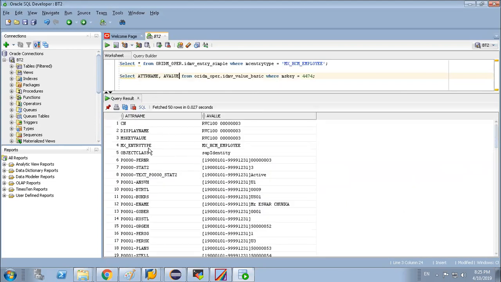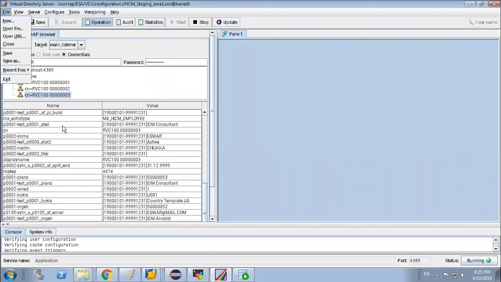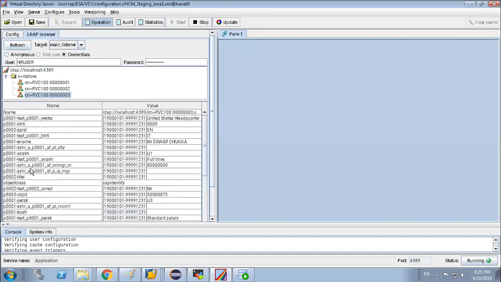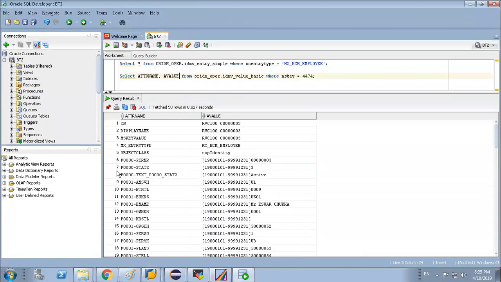Okay, Samrat, it is just a carbon copy of the VDS structure. Whatever the data is putting over here, it's just a carbon copy of that VDS structure being updated over here. Now this ATTR name